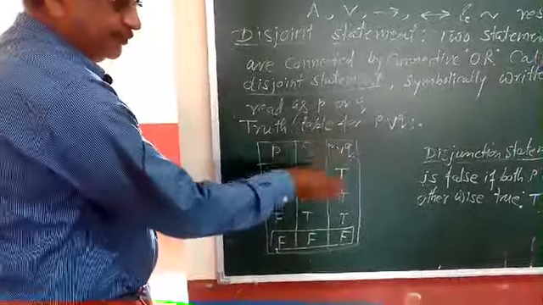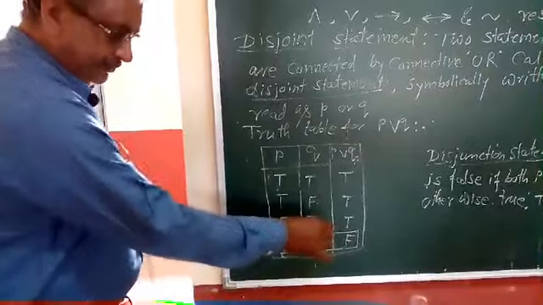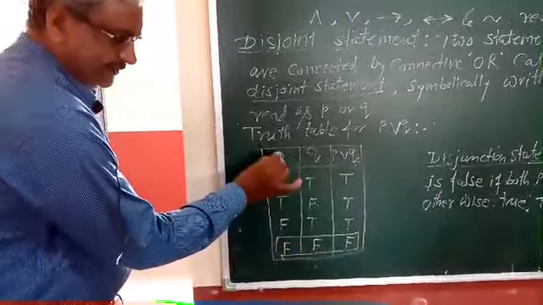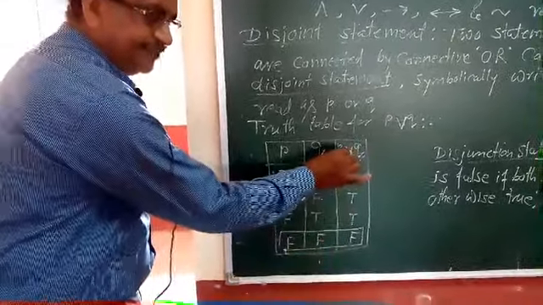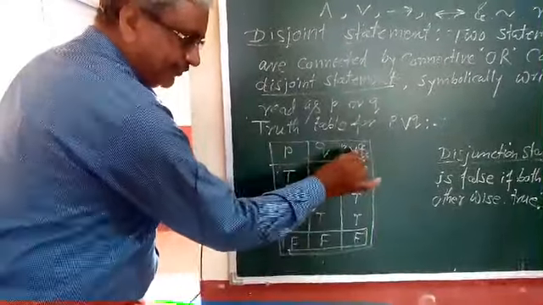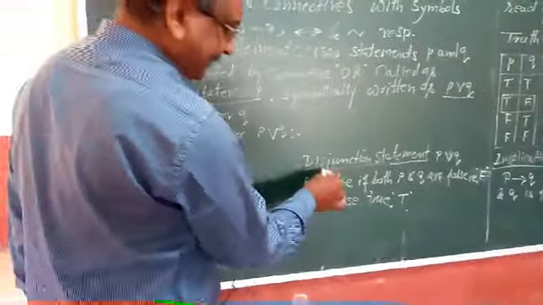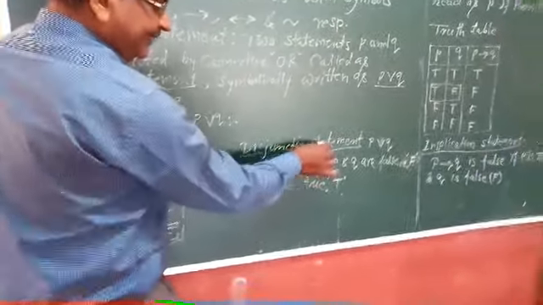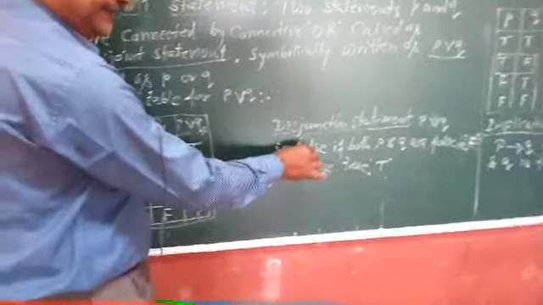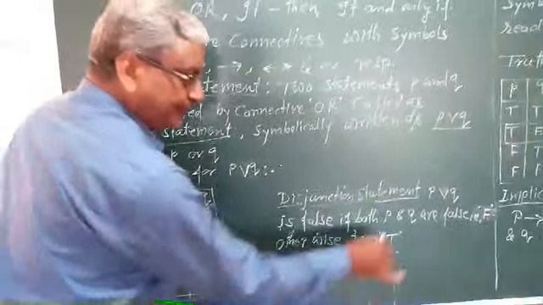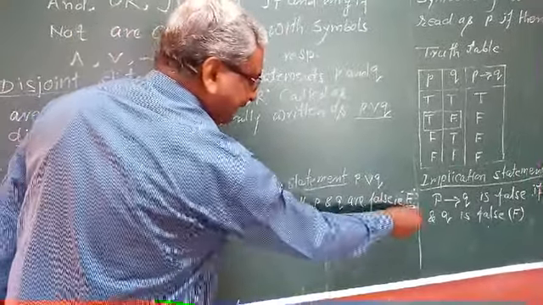And therefore the rule, now we define the rule for this disjunction statement P or Q. You have to remember that if P and Q are both false, then the disjunction statement, that is P or Q, is false. We write the values here. Now see here, the disjunction statement P or Q is false if both P and Q are false. Symbolically it is written by F.